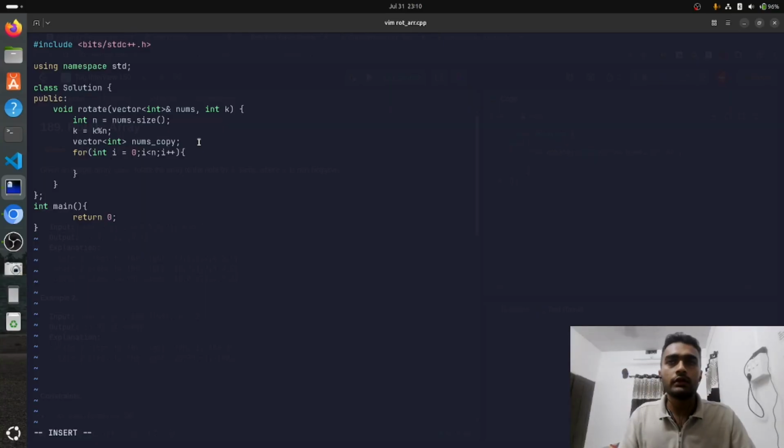Let's say I'm on nums[i]. We have to rotate the array by 3. We are on i equals 0. It will be moved onto the index i plus k. Exactly. So the i plus k should be taken modulo n, and that's the index we are moving the specific element to in the nums copy, right? So int idx, which the value has to be moved to, is i plus k every time, and